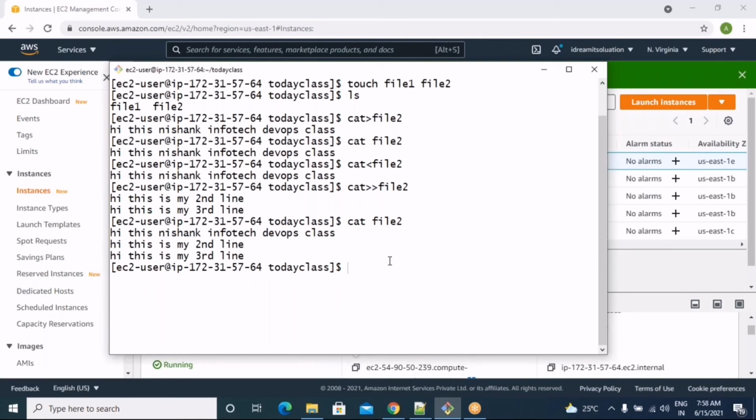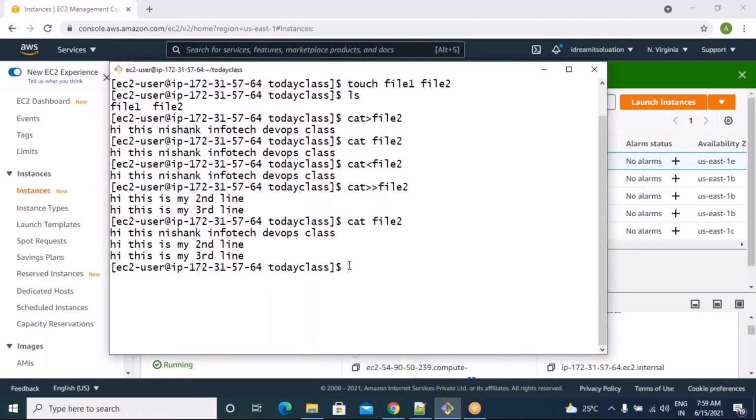So for that, there is the vi editor. Using that we can edit the files. You can create the file, edit the file, and write the file. And in real time we mostly use the vi or vim editor to write a script or shell script, or write anything in a file and edit anything in the file. Suppose you are going to create an empty file, you can use the touch command. For multiple files, you can use touch. If you create a file and try to add something, you can use the cat command. If you append, you can use the cat command. Okay, so this way you can create the files.